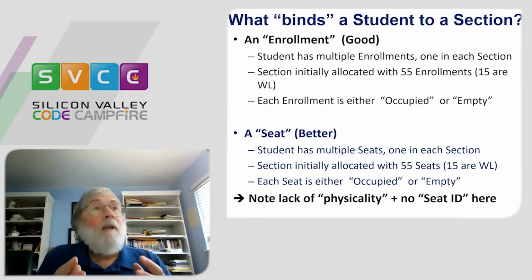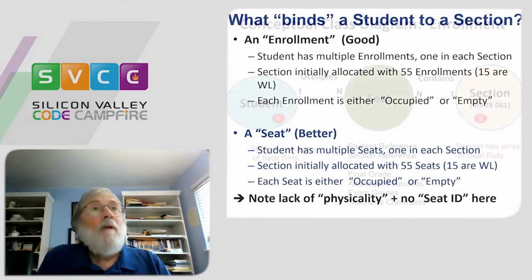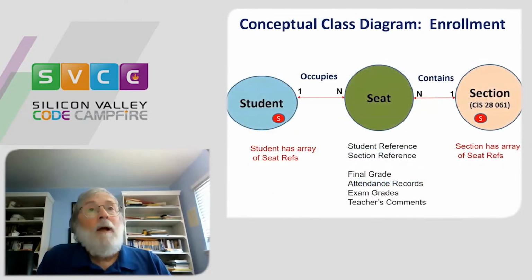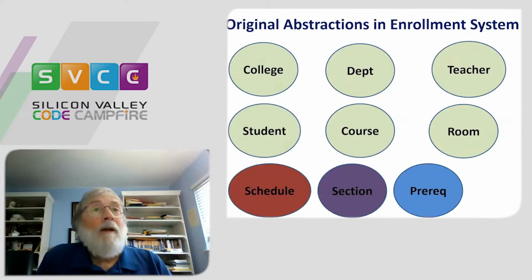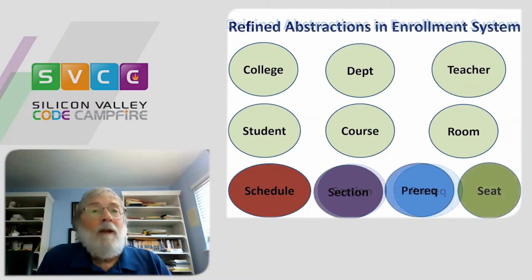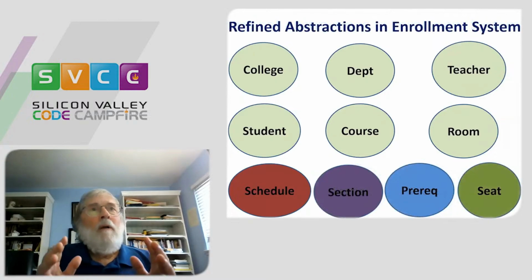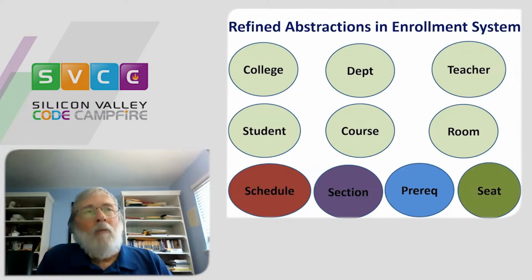But the moment that you define the word seat to be the thing that joins student to section, everything makes sense. A student occupies n seats, a section contains n seats, and a seat has all of the information about grade, attendance record, and so on. So we've added seat. And at this point, we are starting to really get a handle on the refined abstractions in the enrollment system,